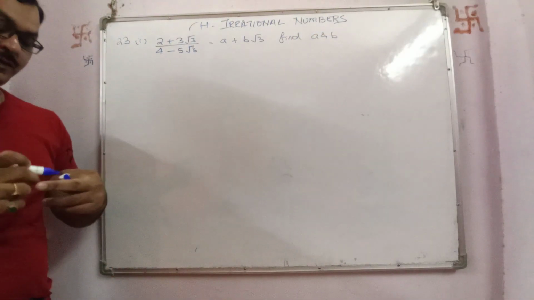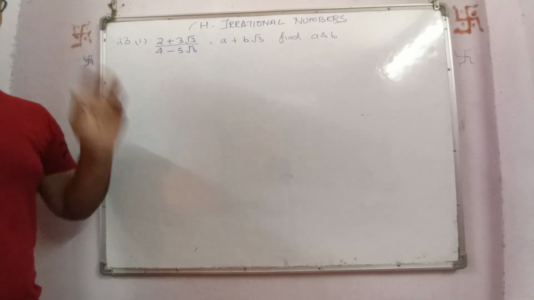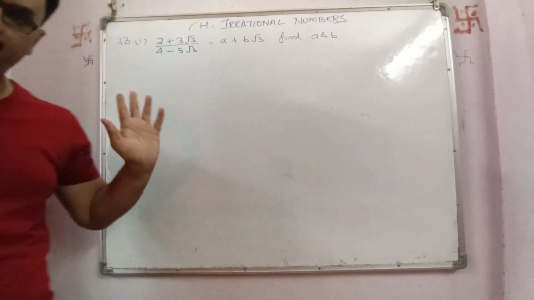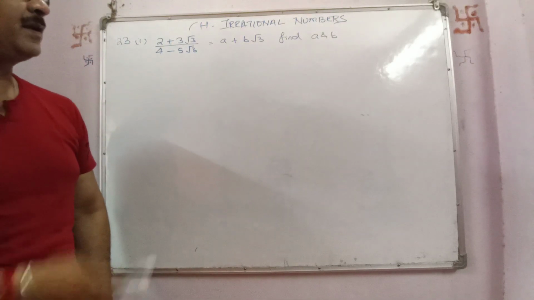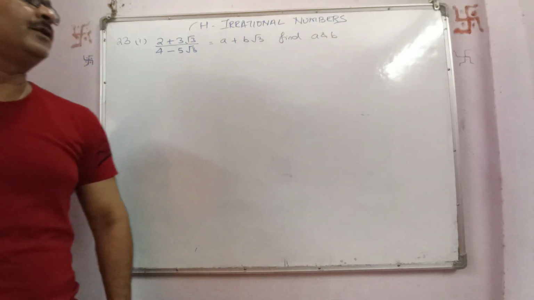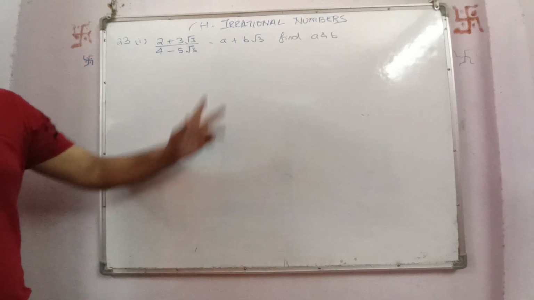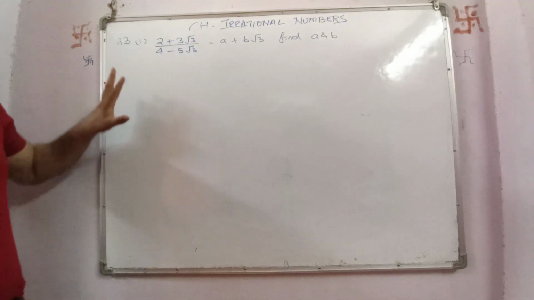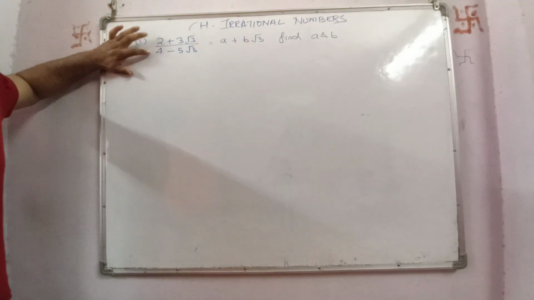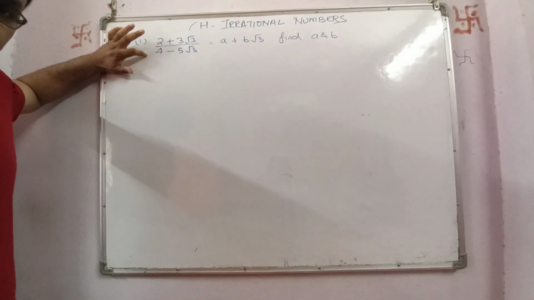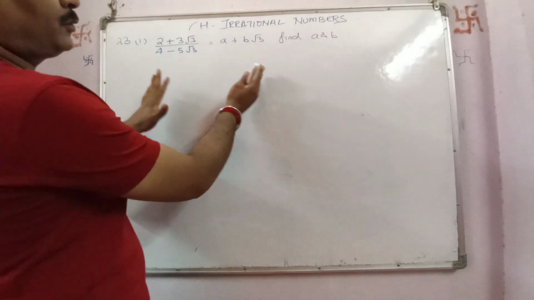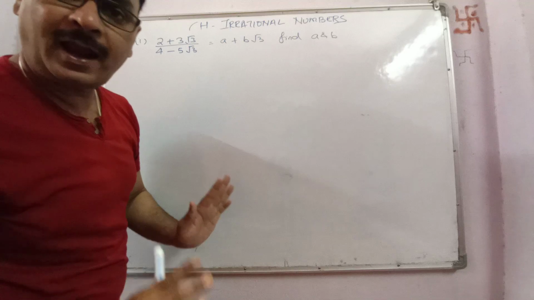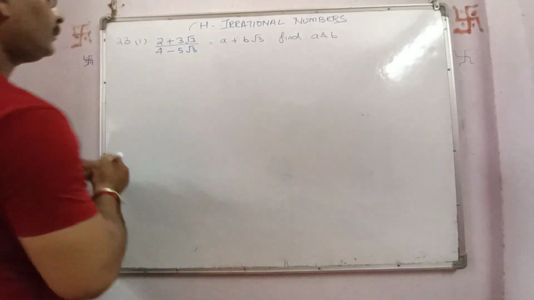Now in this question we see that at the left hand side we have both numerator and denominator, and both are irrational numbers. But at the right hand side we see only a numerator, the denominator is 1, and the numerator is only an irrational number. So what we have to do, we need to rationalize the denominator of the left hand side, and then we will compare both left hand side and right hand side and can easily obtain the values of the variables a and b.